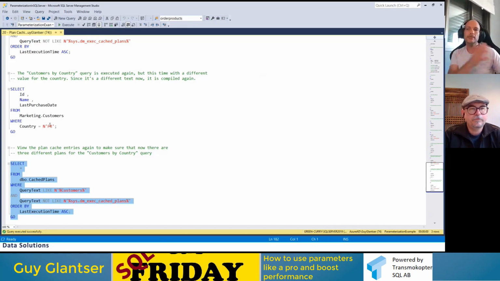It's only 200. Think about another example where you have a query, let's say, based on transaction ID or something like that, where transaction ID equals something, and you have millions or billions of different transaction IDs, and you put there a literal number. Each time a different number, you have billions of compilations, and so on and so on. You get the idea. This might become a real problem.